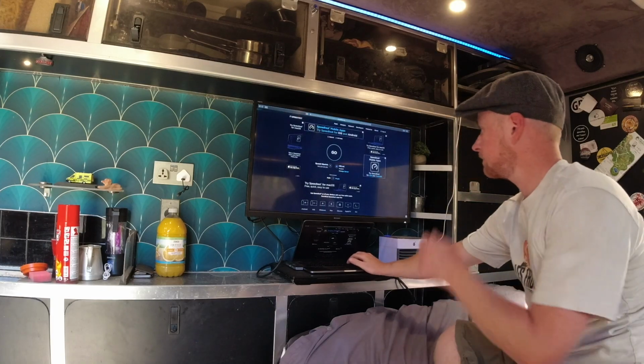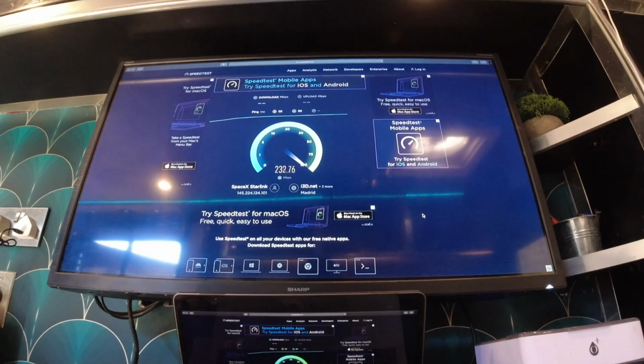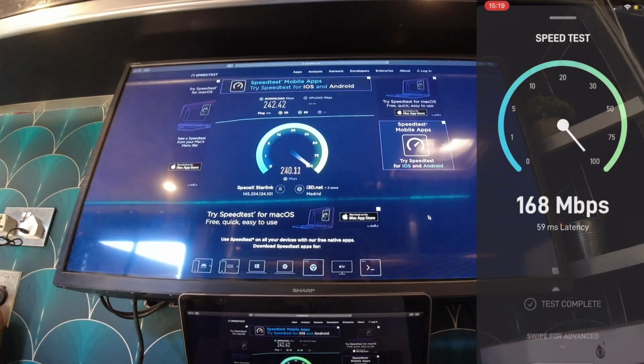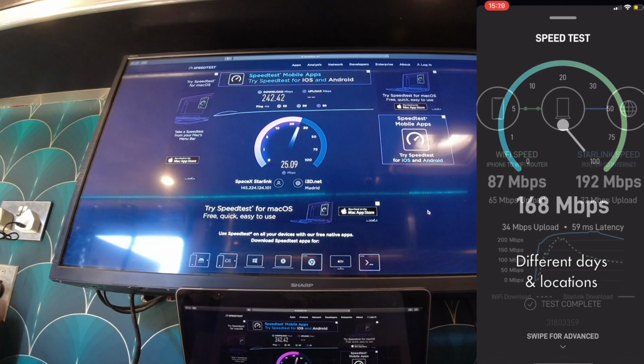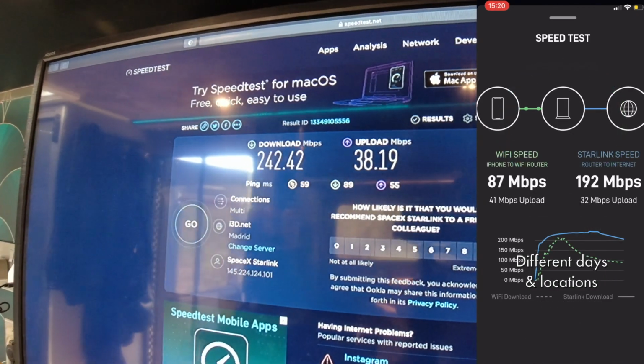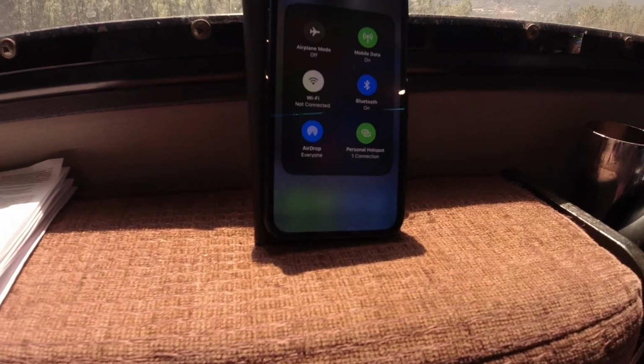And I was keen to see exactly what sort of speeds these were. Now I'm no computer boffin, and lots of you will know more about these figures than me. I just know they're a lot. I also know in the time that we've had it, it's been higher than this, as well as lower. Yeah, location is definitely key. But when you compare it to what we're used to working with, our phone's hotspots,